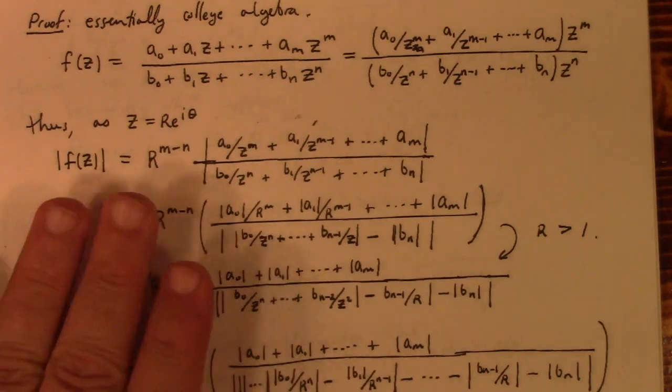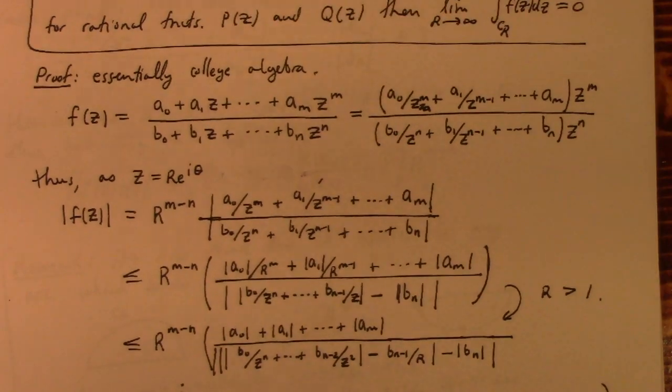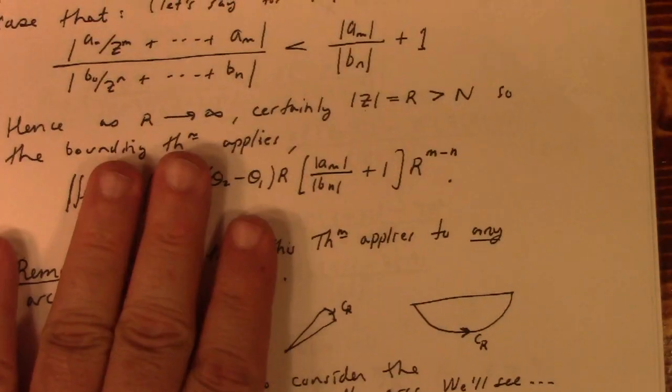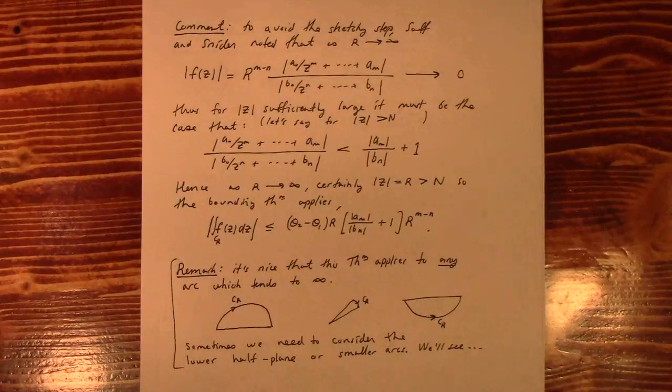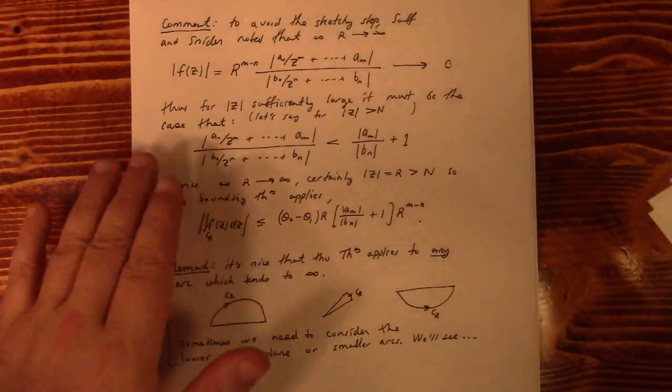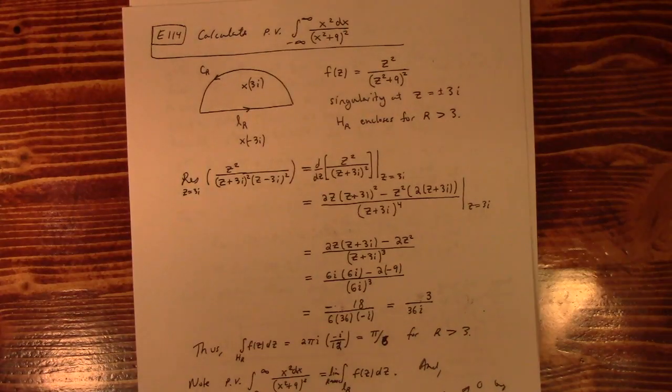Here is a different way to argue the bounding theorem from Saff and Snyder. Sorry, I'm flipping through things like this. We still need to talk about fractional residues and all that jazz. What I wanted to point out in here